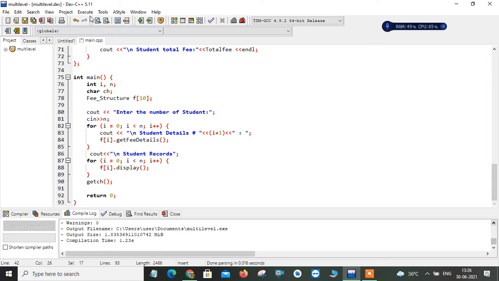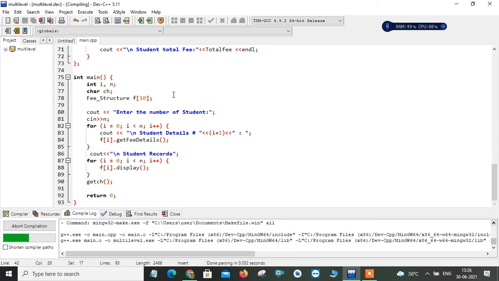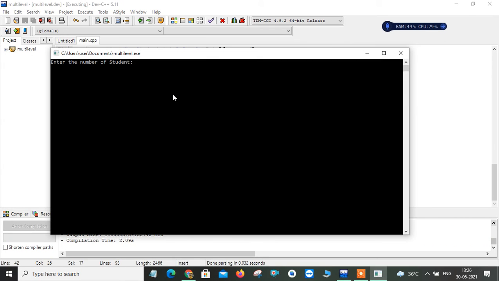I'll try to compile and execute this program. I just compile and run this. Now it will ask for the details, like enter the number of students. Because of time constraints I'll give 2 records. Now it will ask me student details 1. Roll number is 12 I'll give. And name of the student I'll give as, and then address I'll give as YSAT. And college name I'll give as system.